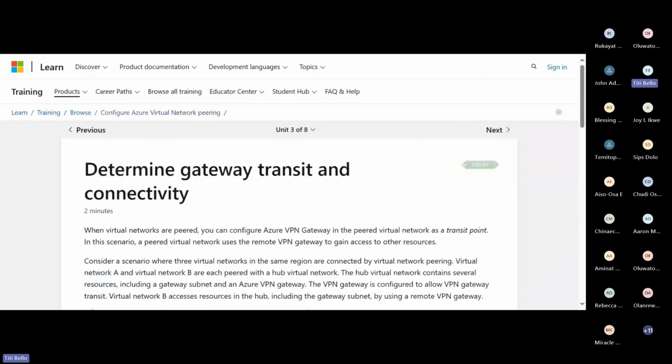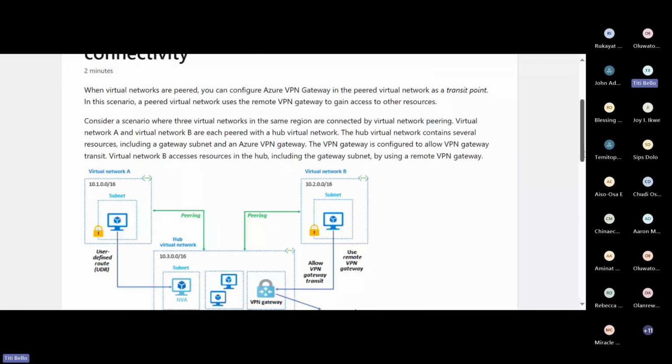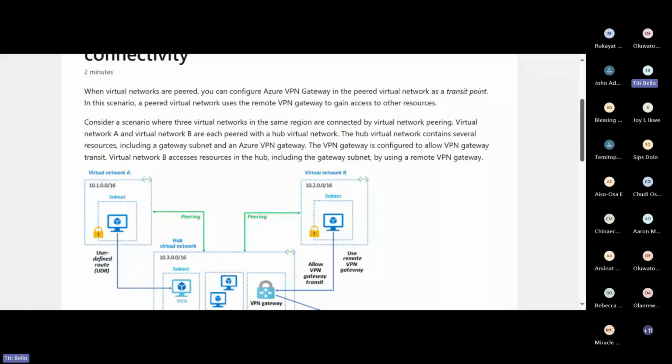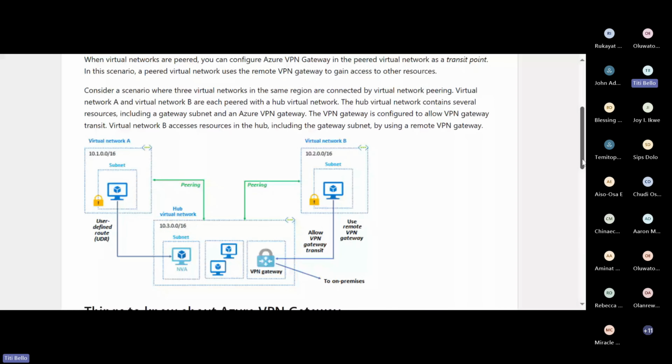So the next one, determine gateway transit and connectivity. Okay, I think I skipped this part because I thought you guys had done it. When virtual networks are peered, you can configure Azure VPN gateway in the peered virtual network as a transit point. In this scenario, a peered virtual network uses the remote VPN gateway to gain access to other resources. So what it means is that if I want to gain access to,